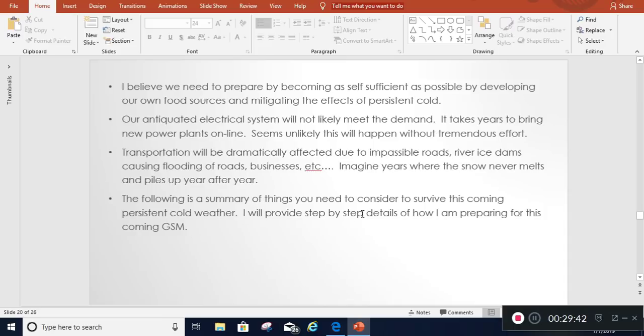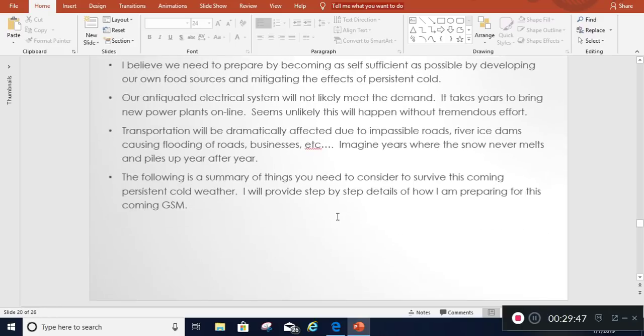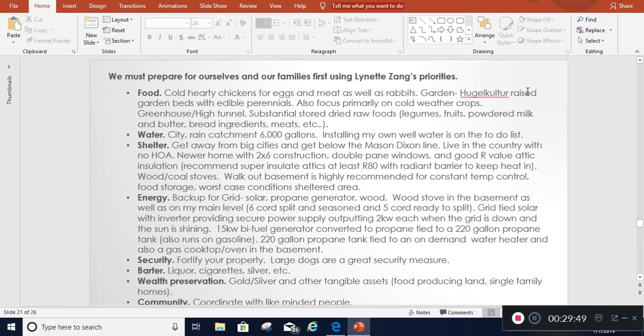All right, so here's the step-by-step details. I specifically have gone after and purchased cold hardy chickens. I did get Rhode Island Reds, but there are a number of different chickens that you can get that are cold hardy. And I also have a whole bunch of raised beds, and I'm now developing another large food plot